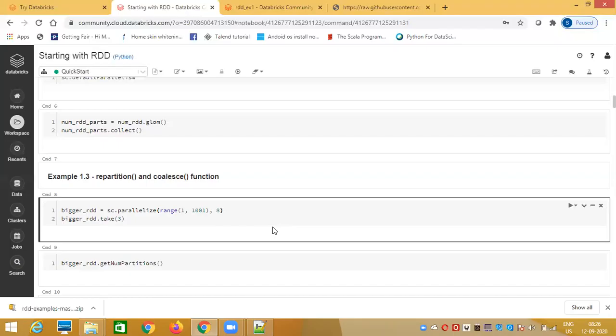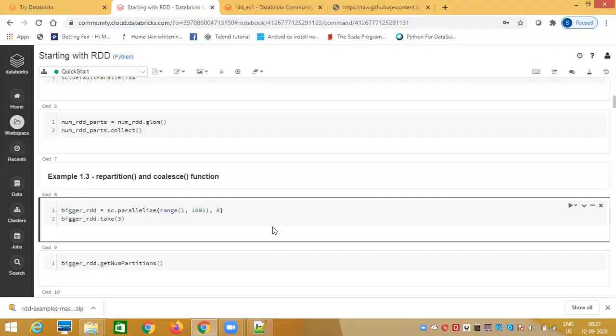We never ever read the data with default partitioning. We'll come to that in more detail. For now, just to show you syntactically, there is no logic of 8 partitions here. I'm just randomly reading it as 8 partitions. It's not like I know the dataset size is 800 MB, so I'm reading the data as 8 partitions. It's nothing like that. The objective is to show you the syntax.